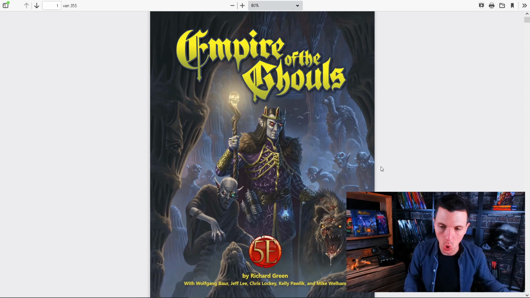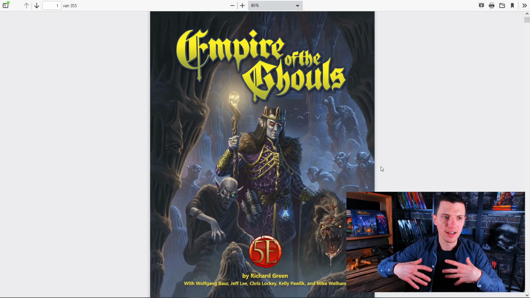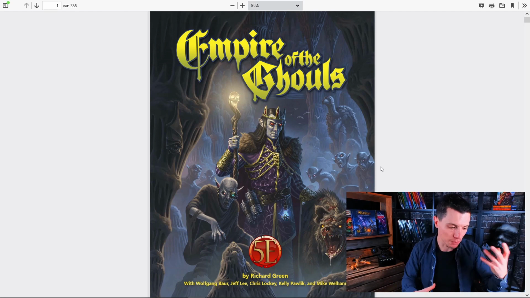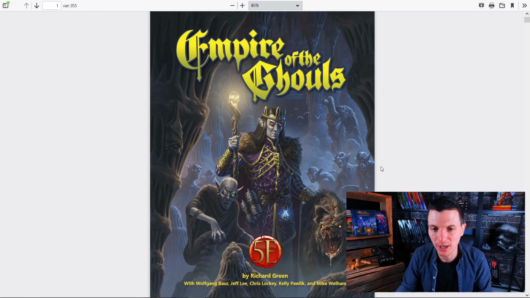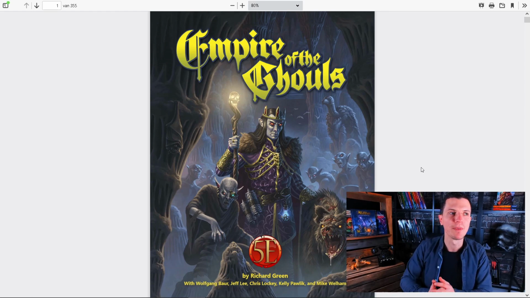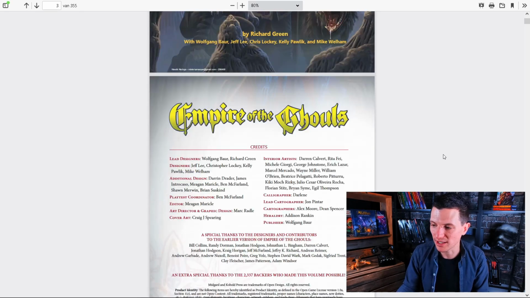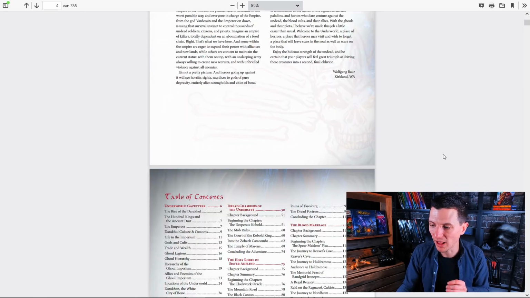Now, Empire of the Ghouls is also an entire book with its own campaign that happens in the Underworld section from the center of Midgard, and it takes players from level 1 all the way to level 13. But I don't want to talk about the storyline. I don't want to talk about all of that stuff. I just want to talk about the hierarchy between undead in the center of the Midgard region, which I think is really cool and really well founded.